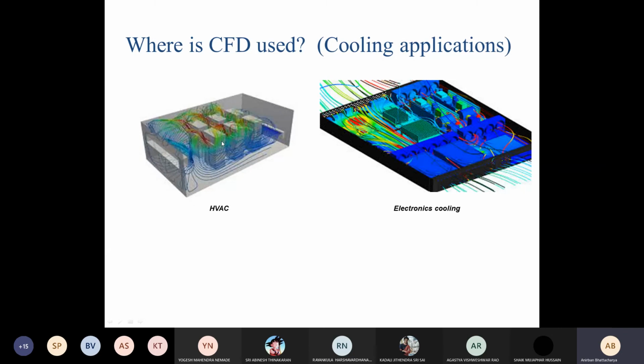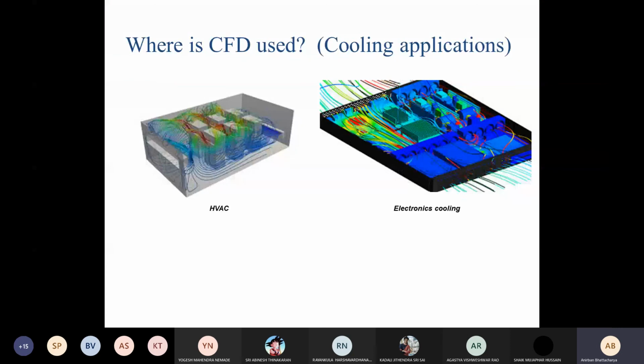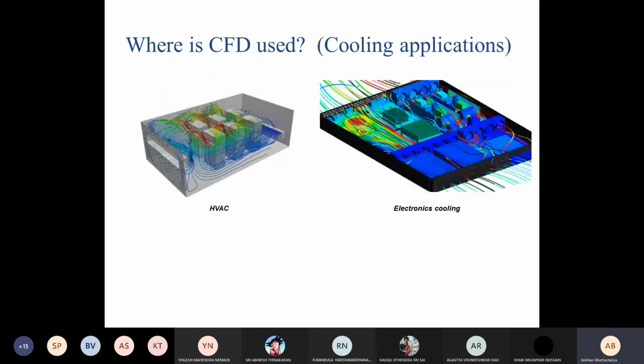What is the time? Time is almost up, so we'll stop here. Only a few slides are left. We'll continue in the next class and start our course from next week onward. Next week is Monday. Yes, so next week we'll have the class on Monday afternoon at 3:30 and start our course properly, meaning the actual syllabus.